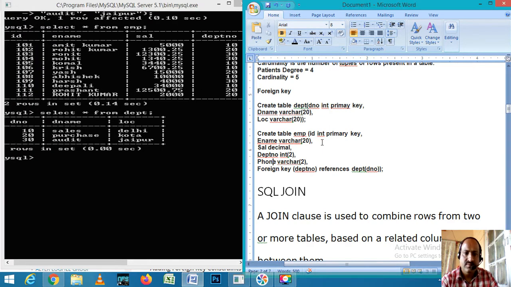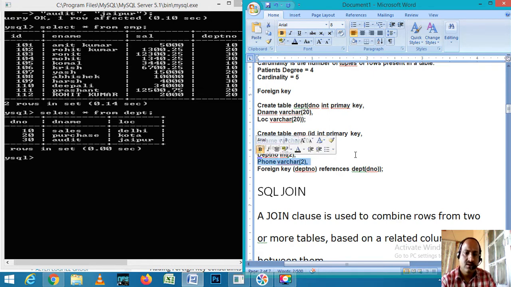Now create table EMP, ID int primary key, which means according to ID we can differentiate all the rows. Ename varchar, salary decimal, department number int, phone number varchar.